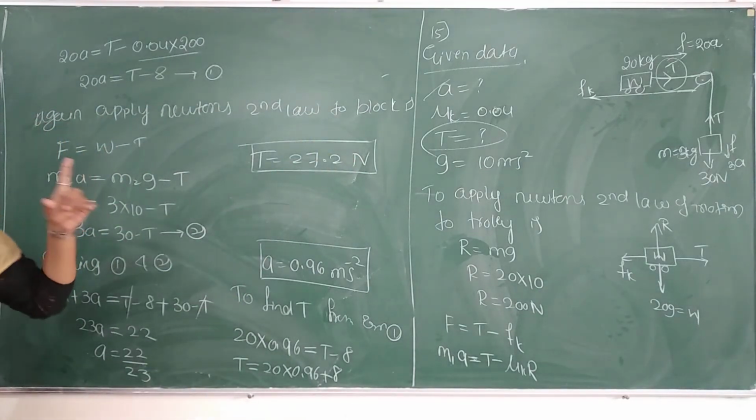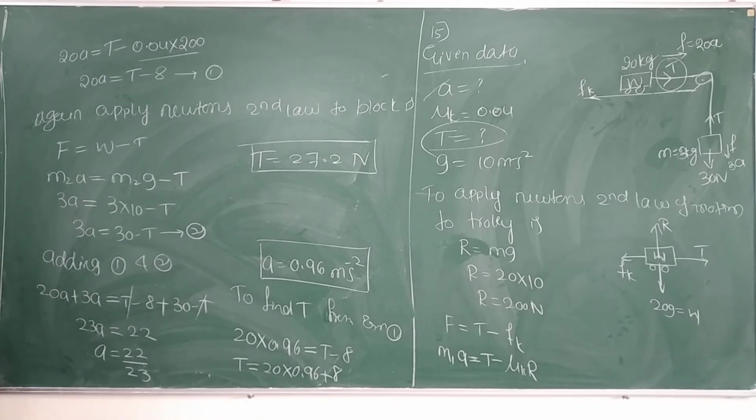This is the tension in that string. Only one string is there, that's why the tension is also one. Is it clear? Or do you still have any doubt? If there is, ask me. Once again I will explain because it is very important for competitive exams. You must know how to draw the free body diagram. Vertical, horizontal, just equate it. Can I go for the next, the 14th one?